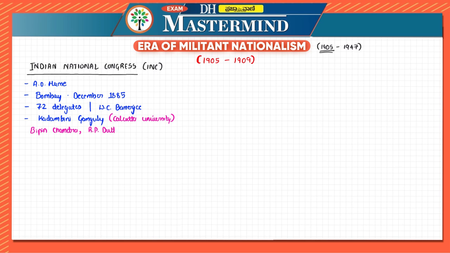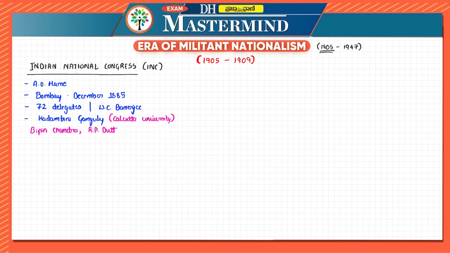They also said that it is a safety wall, that it was born out of conspiracy. In the case of Bipin Chandra, they said that the early Congress leaders used Hume as a lightning conductor to bring together the nationalistic force, even if under the guise of a safety wall. This was said by Bipin Chandra. So R.P. Dutt said that it was related to conspiracy. Bipin Chandra said that though it was a safety wall, it was used as a lightning conductor. And even the Marxist historian said that it was a conspiracy theory.